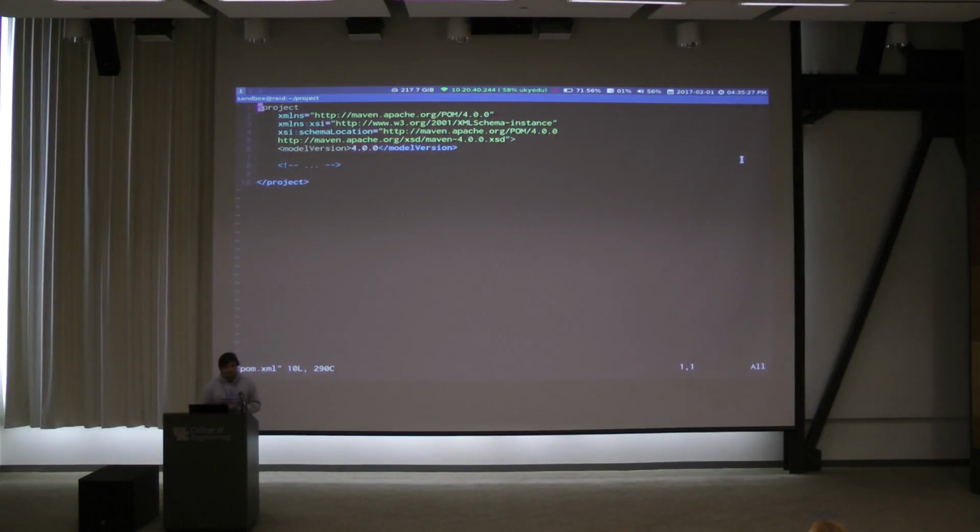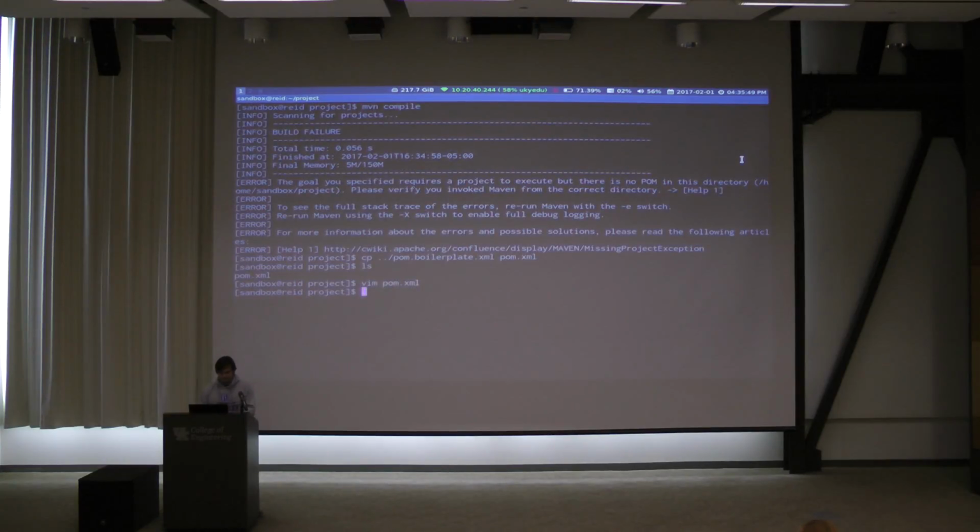This is the absolute bare minimum. It's an XML file, and you just declare a project, and you end the project, and there's one tag in it that says the version of the model you're using. This is important for compatibility. The model version doesn't change very often, but if it did and you wanted old POM files to still work, this is necessary.